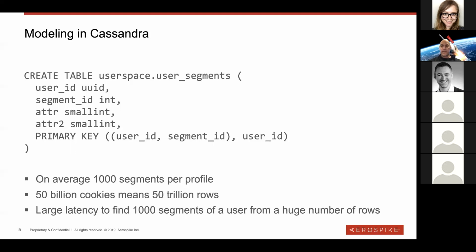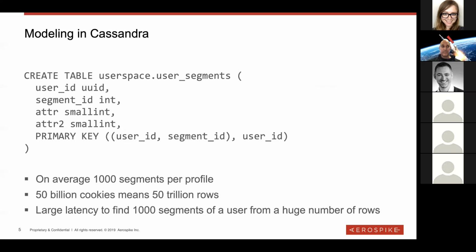So now there's a scale problem here, because let's say you have on average 1,000 segments for each profile. And we have a customer, and if you read my article on Medium, I can refer to him by name now, which is the Trade Desk, and they're a gigantic company in the ad technology space.